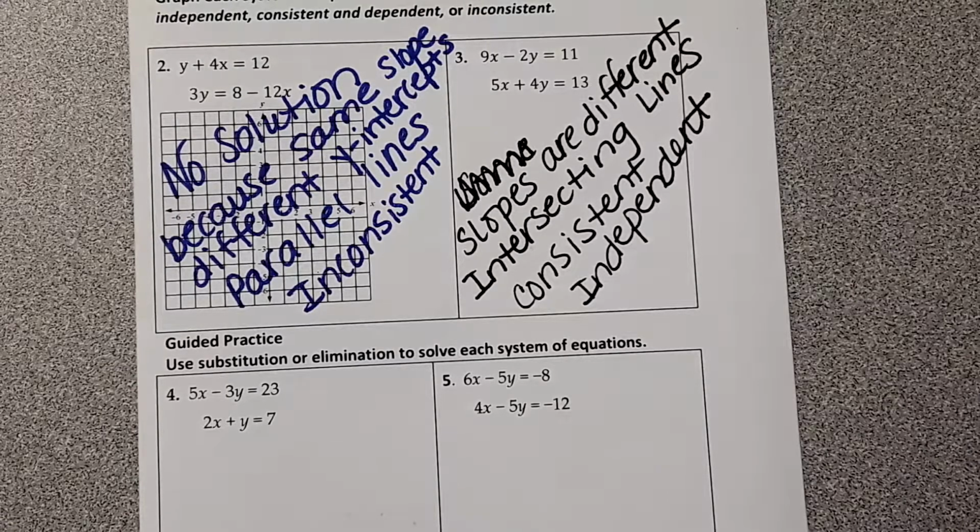So the next one is use substitution or elimination to solve each system of equations. Substitution means you're going to replace a variable in one of the equations. Elimination means you're going to eliminate one of the variables. So there's a couple of thought processes here. It depends on